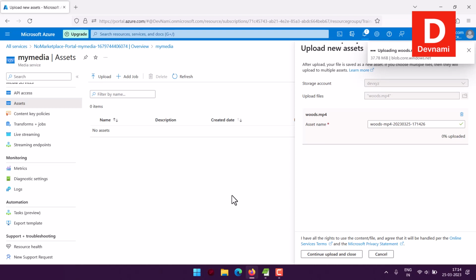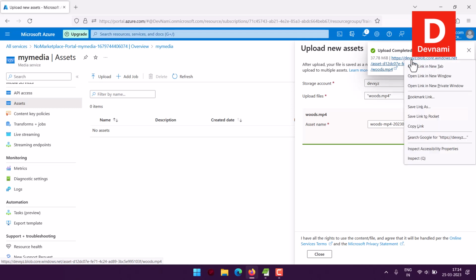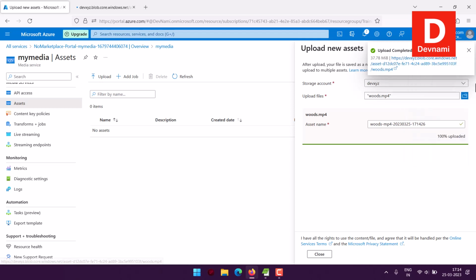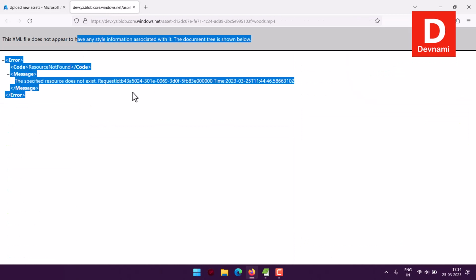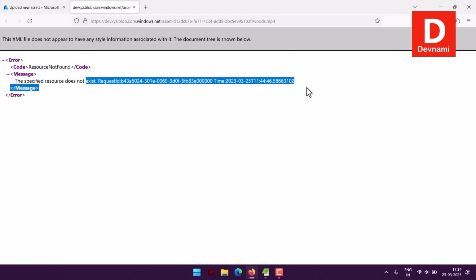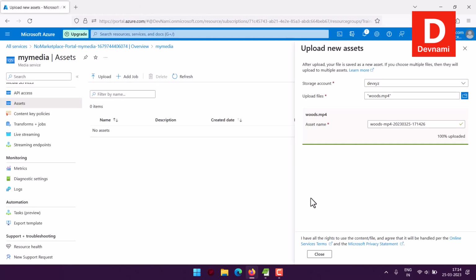So let the blob be uploaded. Then I will show you the properties that we get. Here you can see we get the URL as well. I can click on that particular URL and it will show you that it does not appear to have information, and it will most likely throw an error, right? Which is obvious. So we will just move on, and the first thing we will do is close,